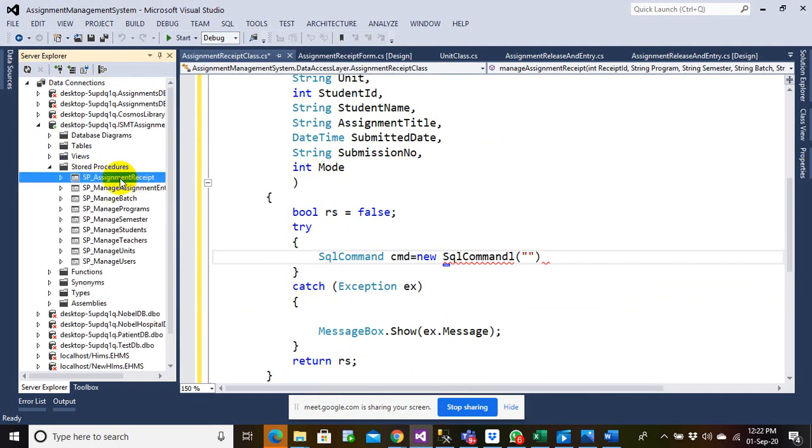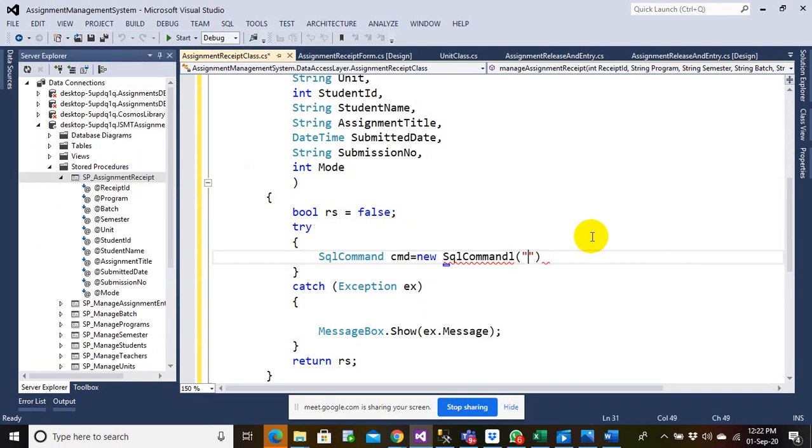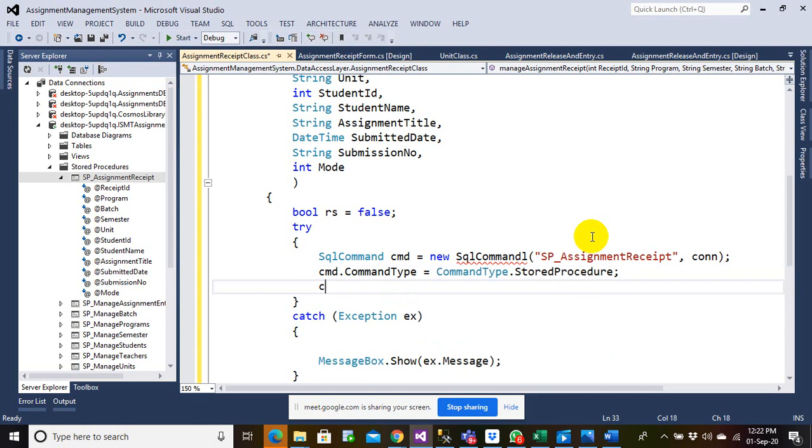That should be assignment receipt. So this is the stored procedure, sp underscore assignment receipt. Okay. Command connection string has to be passed, and we have to specify the command type, stored procedure.